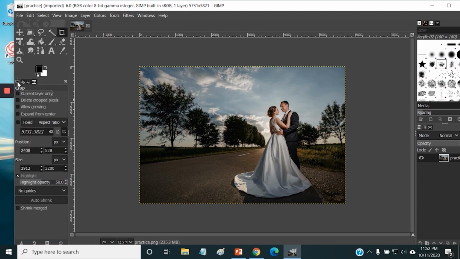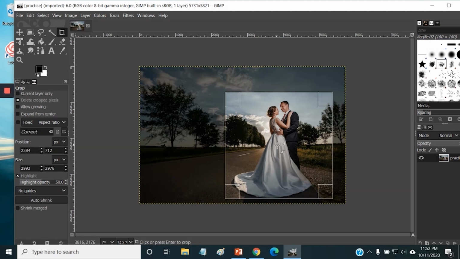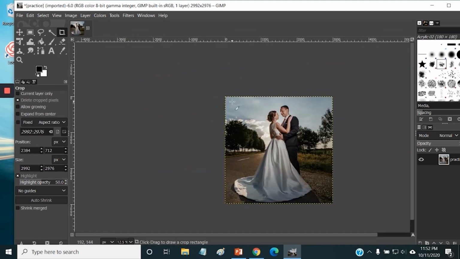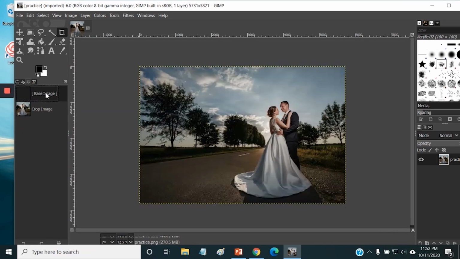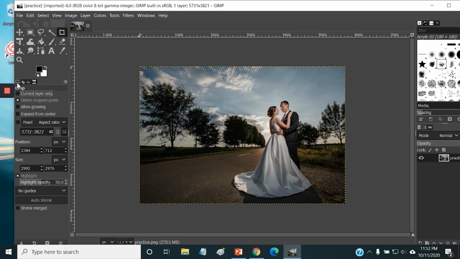So I'm going to go ahead, click back on the tool options. This time I'm going to click on Delete Crop Pixels, select my content again, click in the middle to crop, and now you'll see that the layer outline is tight around the content. So again, I'm going to go to the Undo tab, go to the base image, go to the tool options,